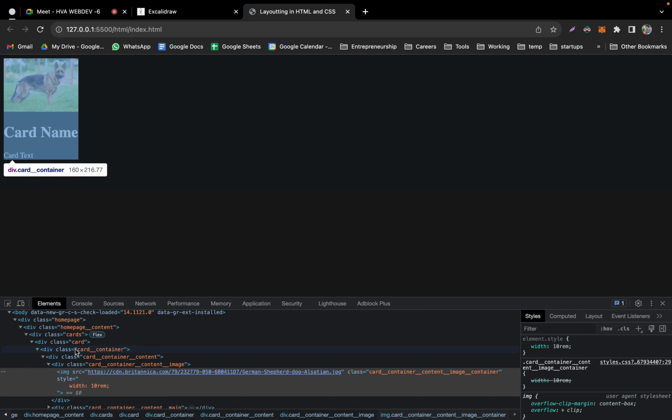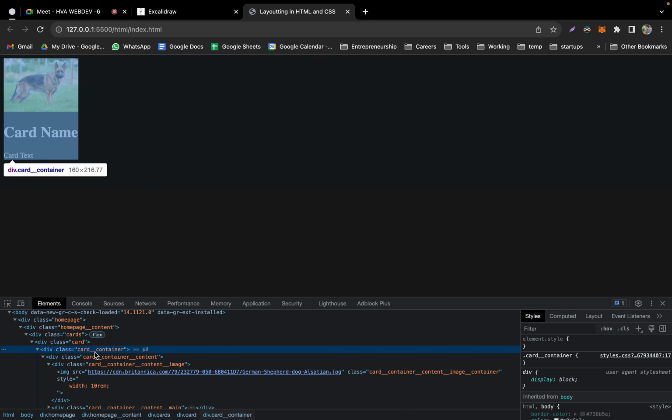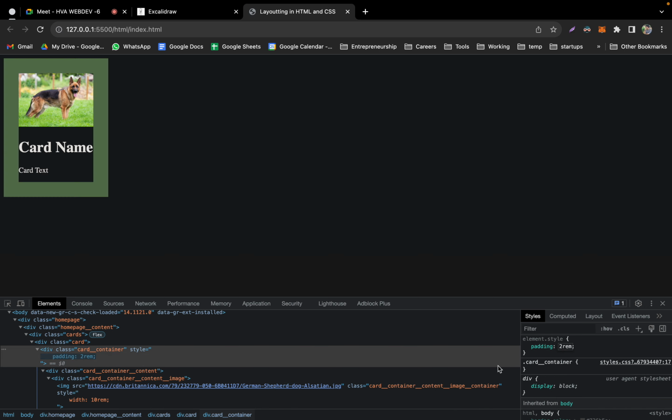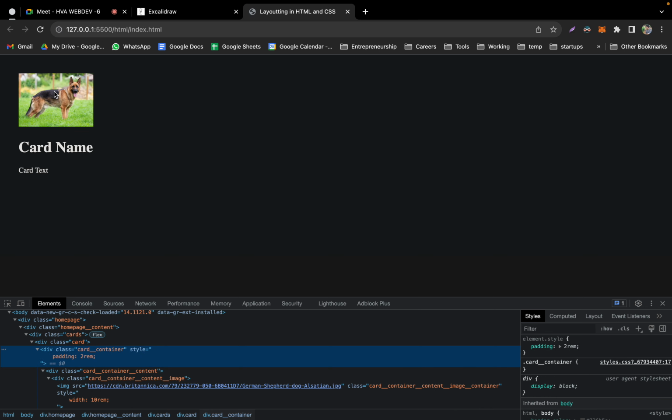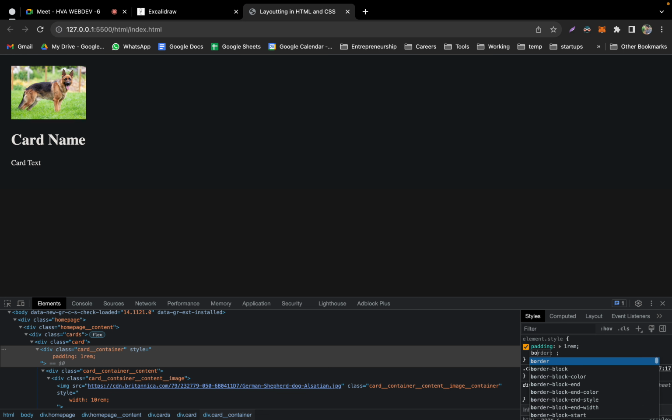Now let's come back to the same thing. So we have our card here. This card, if you want to have, say, some kind of padding, for example 2 rem, like this. So you have added 2 rem padding here. Let's not use 2 rem, let's say 1 rem padding. Let's put it, and let's put one more thing.